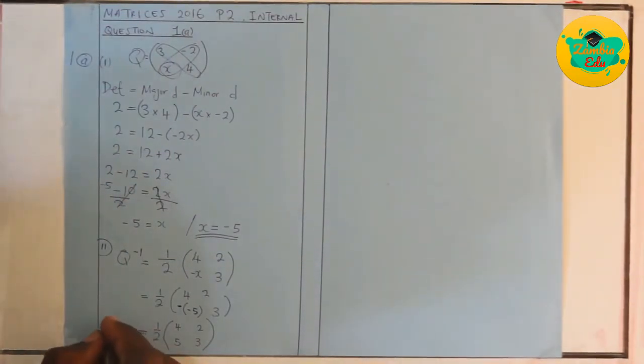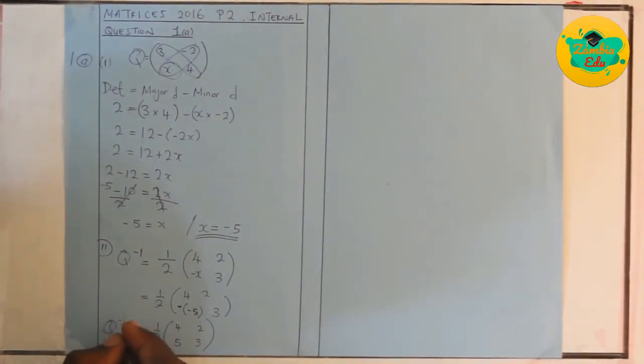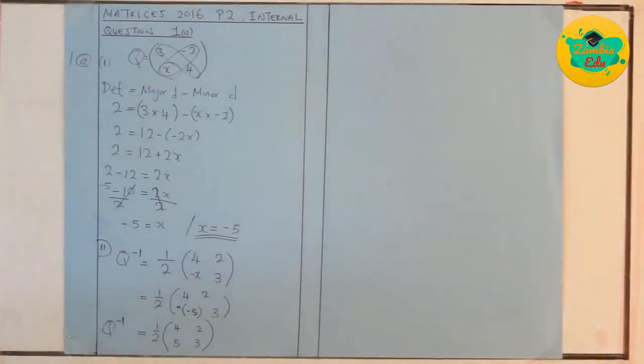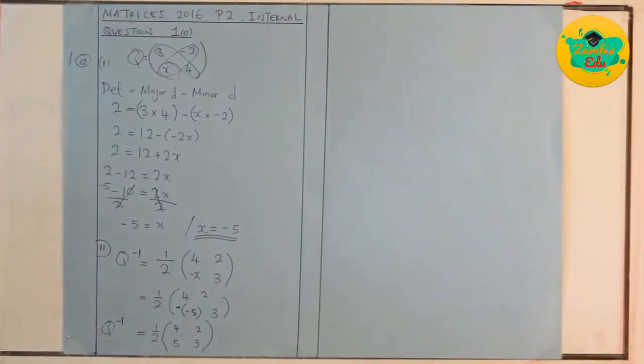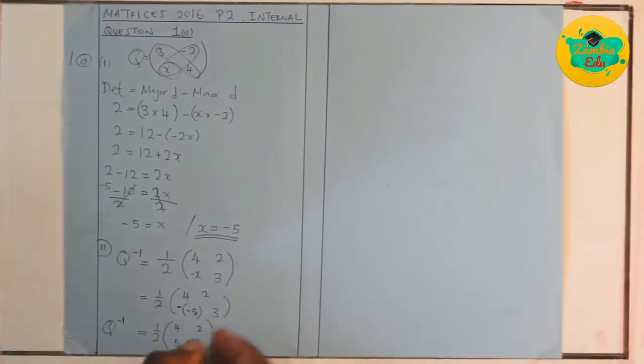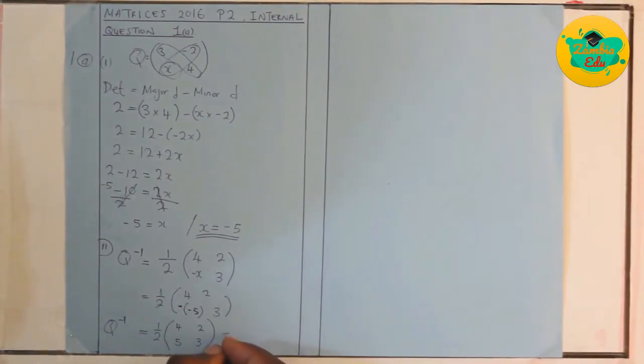So this would be our Q inverse. This could be our Q inverse. And also, you can even take it further by multiplying the fraction outside with the numbers that are inside. If we don't end here, meaning we can take it further and we can conclude